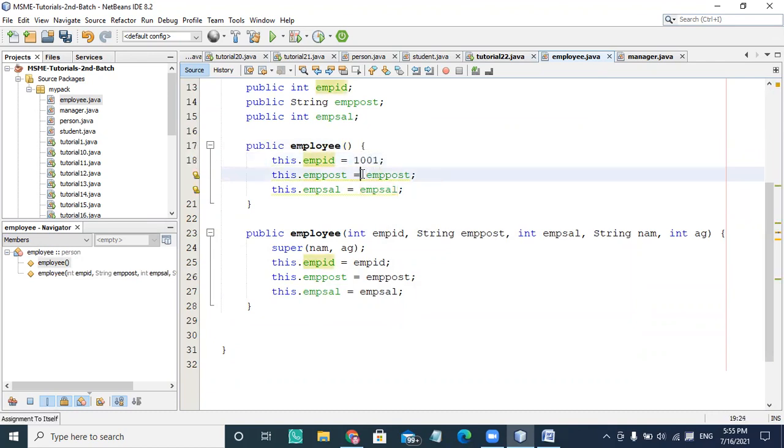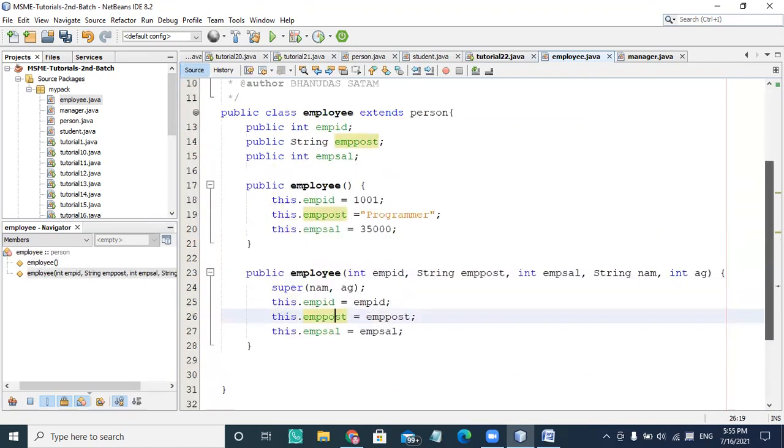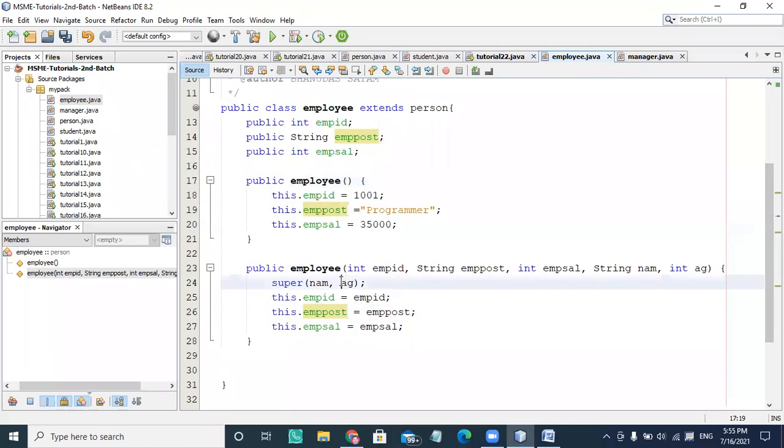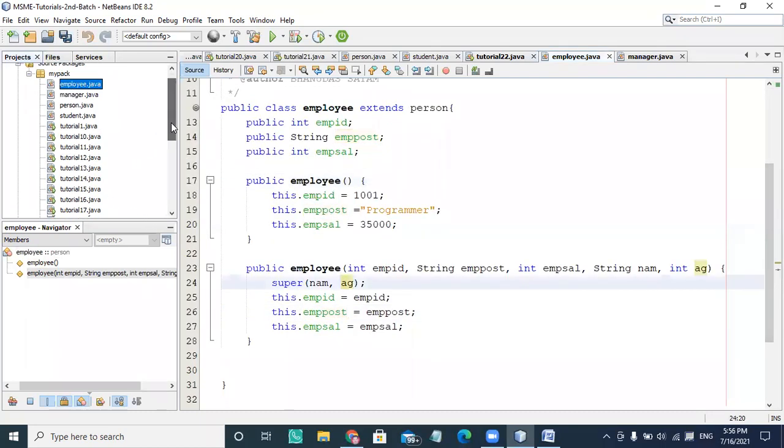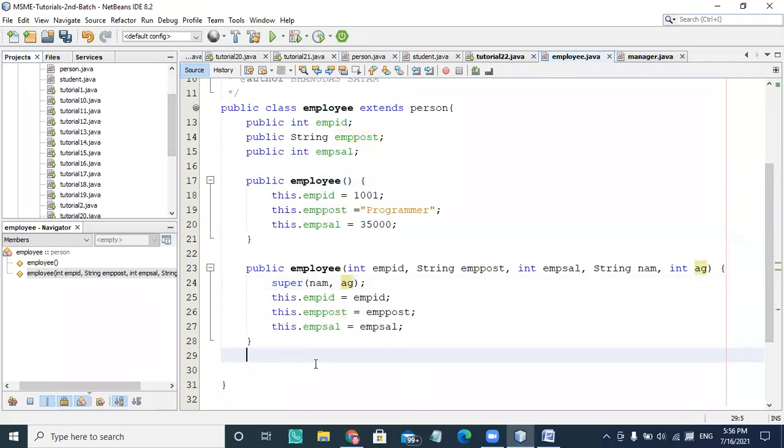For employee here, I'm writing programmer as the post, and the employee salary is 35,000. And this is the employee constructor. This constructor is already there, and here I'm using the same public void input data.